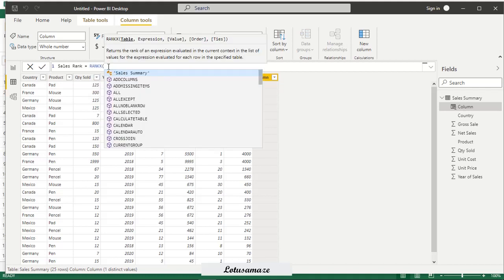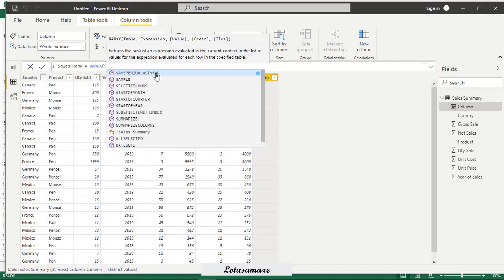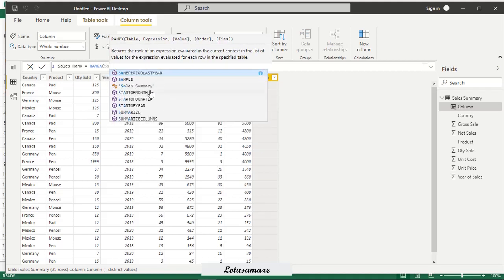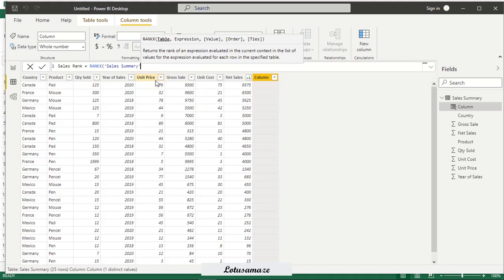RANKX, the first parameter is the table, Sales Summary. Then the second parameter is the expression. It means on which value or field you want to calculate the ranking. So Net Sales.